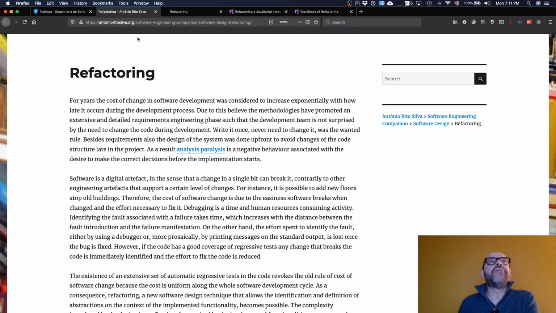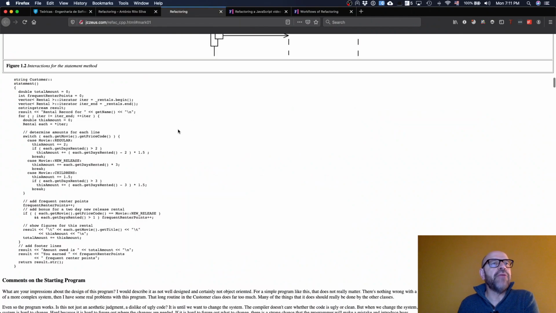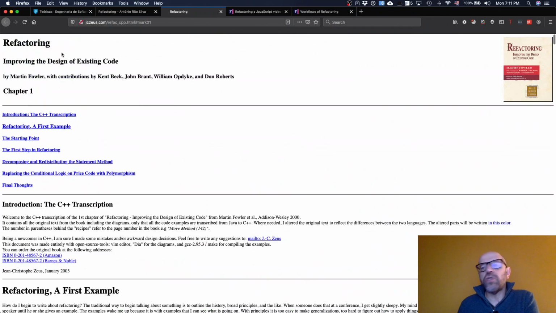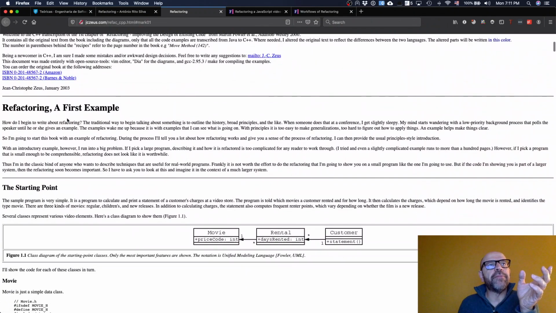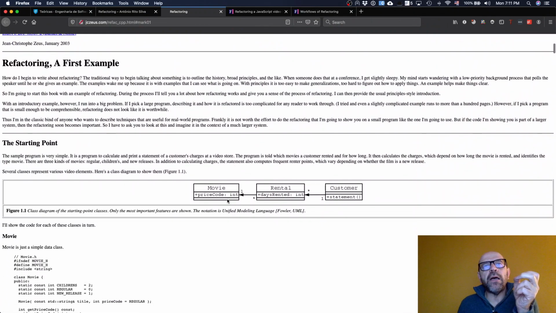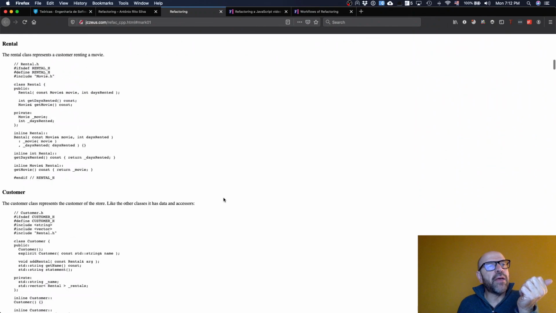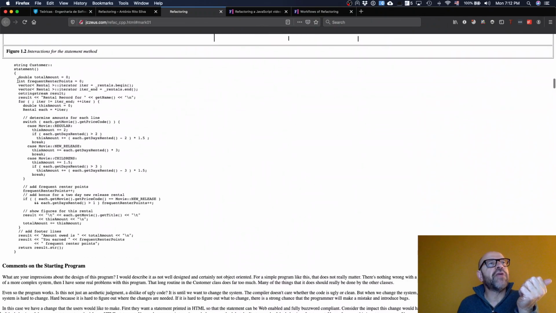What you need to read first is the big case, which is the first chapter of the book by Martin Fowler on refactoring. It is a very nice book. There is a second version, but this is the first chapter of the first edition. Basically, it is a refactoring of a rental of movies. What is interesting in this refactoring is what they actually do. You see this code?